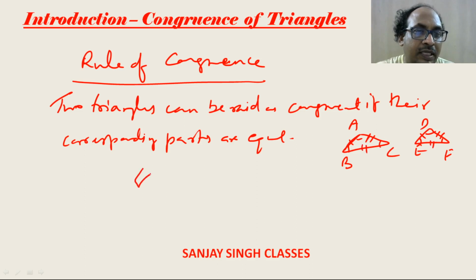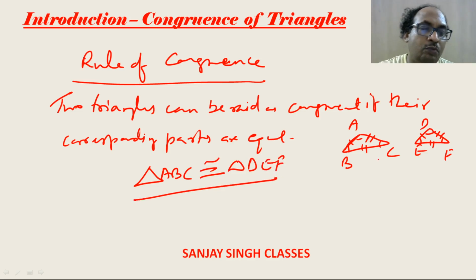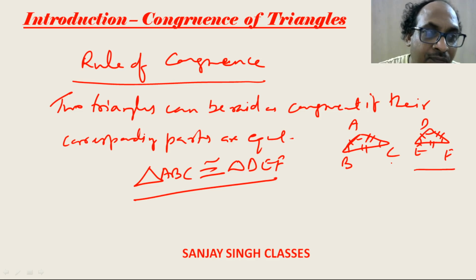In that case, we can say that triangle ABC is congruent to triangle DEF, and the sequence has to be maintained. Similarly, in the second triangle also we must write DEF. We should not write EFD or FED like this. Okay,